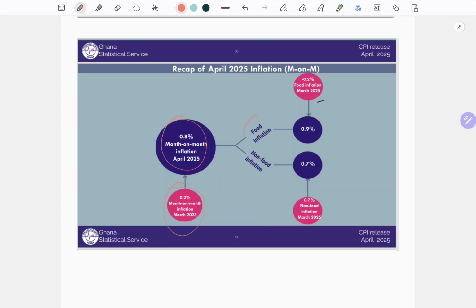Now if we segregate this inflation into food and non-food, on a month-on-month basis, food inflation rose by 0.9, but the previous month it actually fell by 0.2. So there is some bit of a steep pivot in there. Now for the non-food inflation, it remained put. Currently it was 0.7, and previously it was also 0.7. So it looks like the month-on-month pressures and the year-on-year pressures coming through from non-food inflation have actually eased. It's only on the food inflation that we have seen some directional pivot, and that fed through to the overall month-on-month inflation.